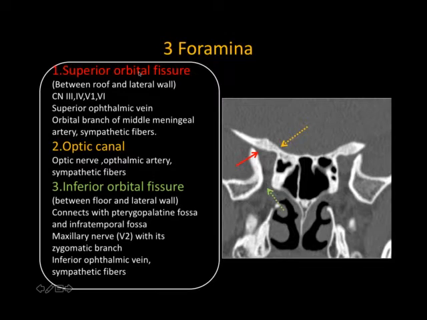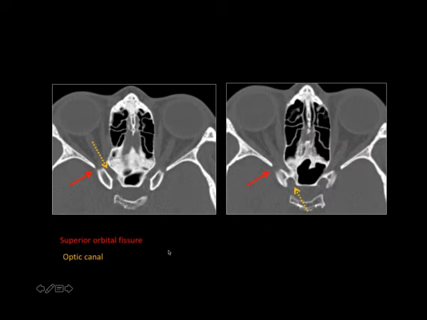So, what are the contents of the superior orbital fissure? Superior orbital fissure is divided by the annulus of Zinn into three compartments. Superior to it pass the lacrimal nerve, frontal nerve, trochlear nerve, and superior ophthalmic vein. Through the annulus pass the oculomotor nerve and the nasociliary nerve, and through the inferior part passes the inferior ophthalmic vein. Okay. Abducens. Yeah, the sixth nerve is inferior. And the inferior orbital fissure connects the orbit with the pterygopalatine fossa, and mainly the maxillary nerve is the important content.